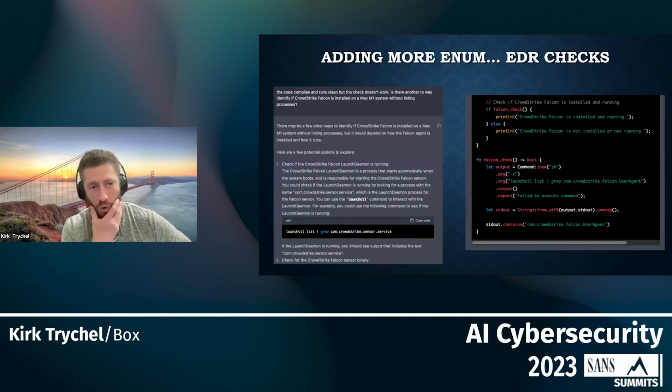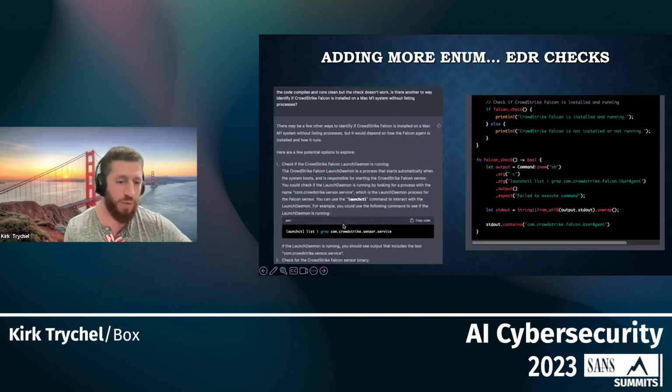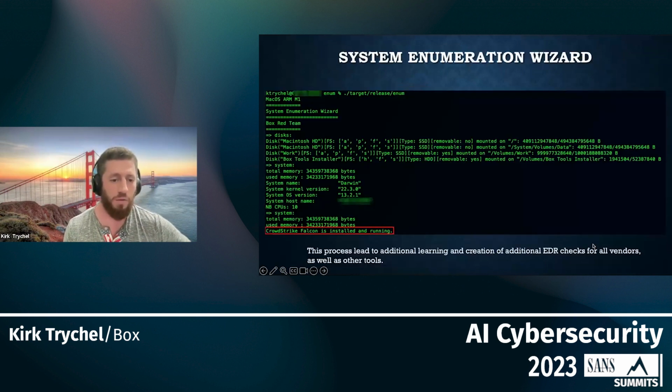And then I thought, well, let's add some more enumeration. This time I had tried to add an EDR check myself, and it didn't work. So I explained that I wanted to perform this EDR check, to make sure CrowdStrike Falcon was installed on the system. It gave me a few different options for doing so. I chose one of the options. You can see that I made a slight adjustment here. I ended up having to change it from COM CrowdStrike Sensor Service to COM CrowdStrike Falcon User Agent. But with that slight change, it worked successfully, right? So within a few minutes, with one minor tweak on that one specific part, I had this quick tool that does a bunch of basic user and system enumeration, and also identifies if there's AV or EDR on the host.